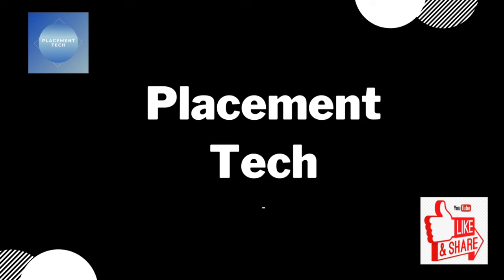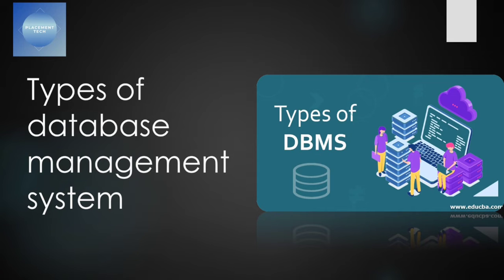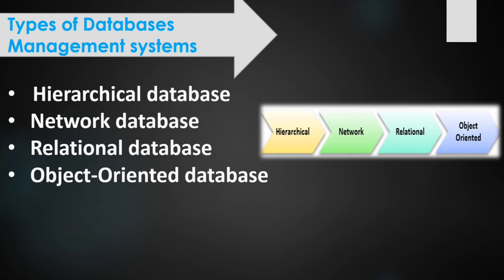So let's have a look at the types of database management system that we have. But before that, let me tell you what a database model is. For this, we have some set of rules and standards that tell us how we can store our data in a very organized way, so we can easily arrange our data in a database. Let's look at all these types of database and what they stand for.